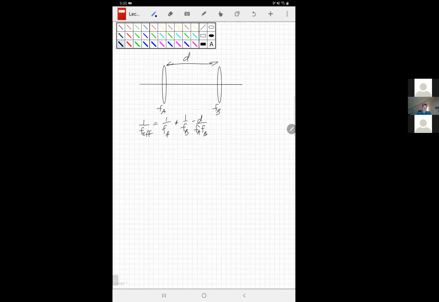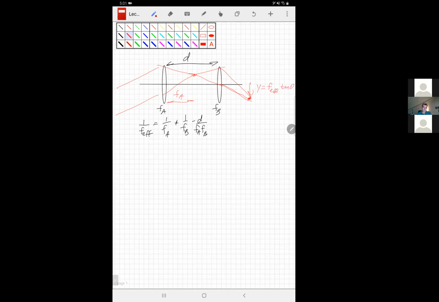We worked that out by saying that these rays of light will come to a focus here, a distance FA to the right, and then they will keep on diverging. And those rays will subsequently come to a focus here at a distance y equals F effective